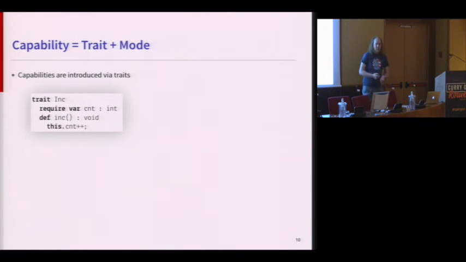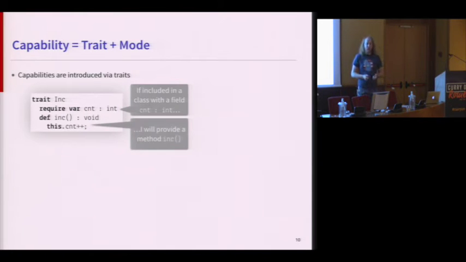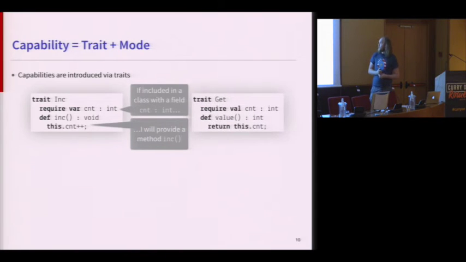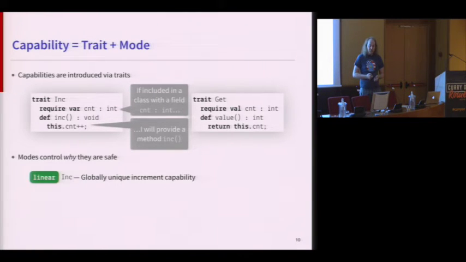We introduce capabilities by using traits. If you haven't seen traits before, you can think of them as interfaces with abstract fields. So it's saying, if I'm included in a class that provides a field count, then I'm going to provide a method called inc that increments this thing. So similar to Java 8 style interfaces with default implementations. Here's another trait that just says if there's a field count, then I have a method that returns the value of this thing. And then we add a mode